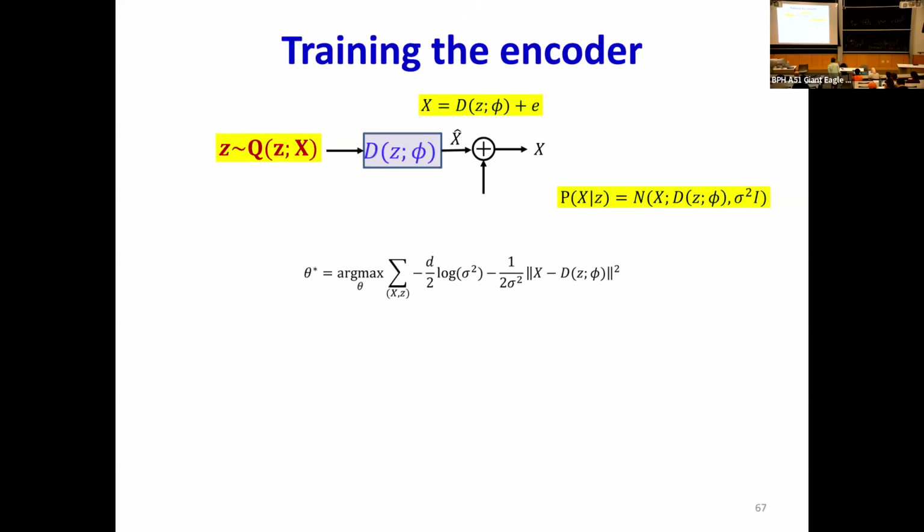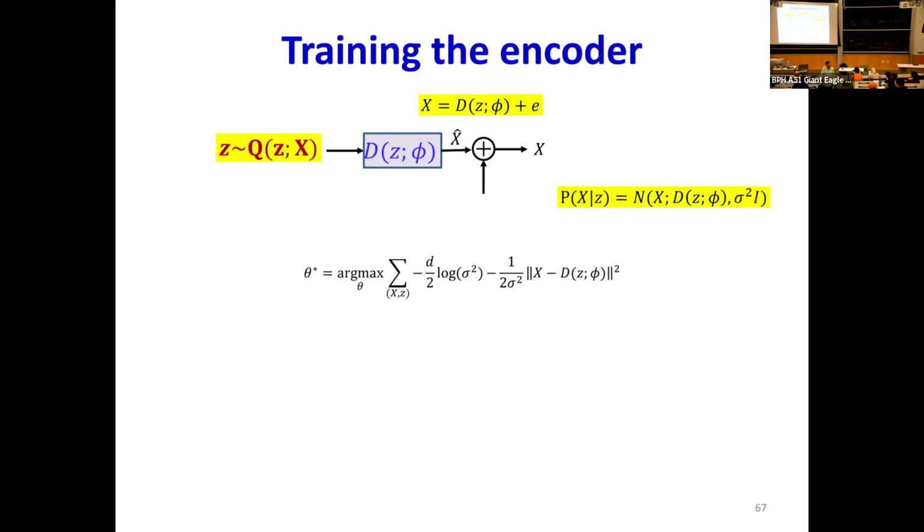And so I want to find out the encoder parameters. Again, my job is to learn the encoder. The encoder must compute a Q such that samples from Q, when transformed, look like my face. So I'm not optimizing my decoder over here. This is about optimizing my encoder.